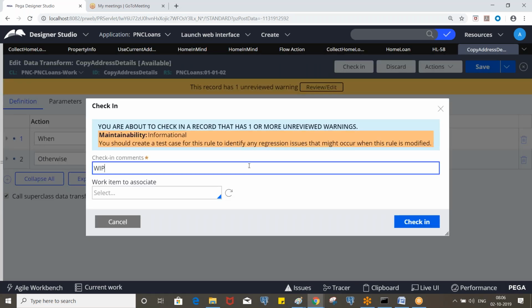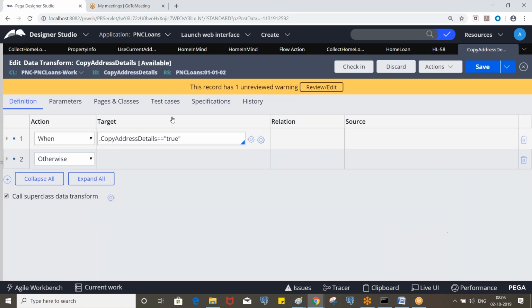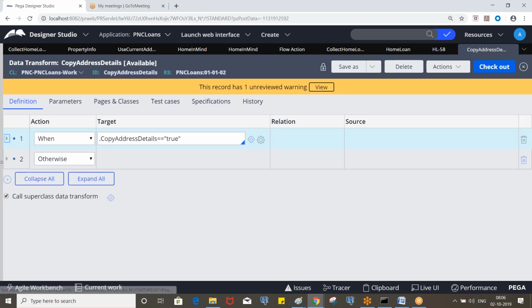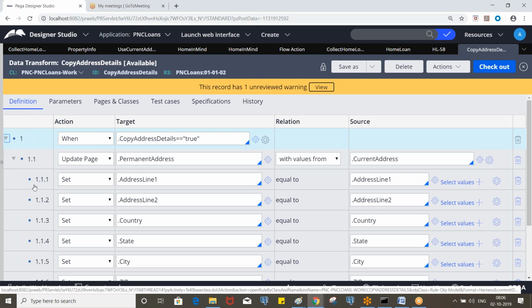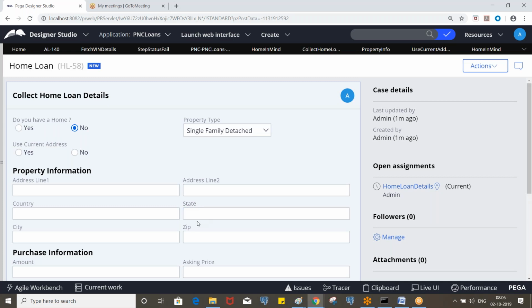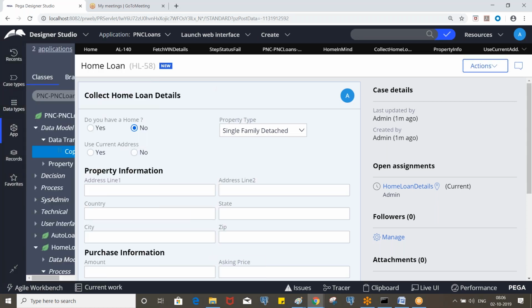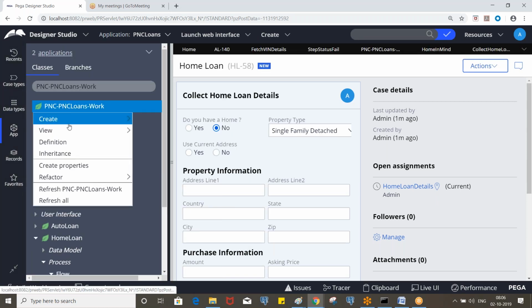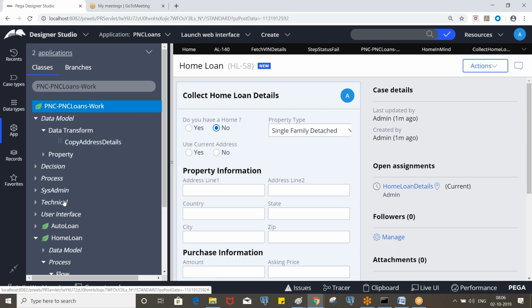In order to avoid confusion you can create a new one, but you need to know this way also, because sometimes if you already have rules, you should not create them again, so you have to reuse the existing rules. You try this one. Put the visible conditions, and upon selection of the current address value, you need to copy current address to permanent. That is the requirement, so you can try that. If you get stuck somewhere or need any help, let me know, right?